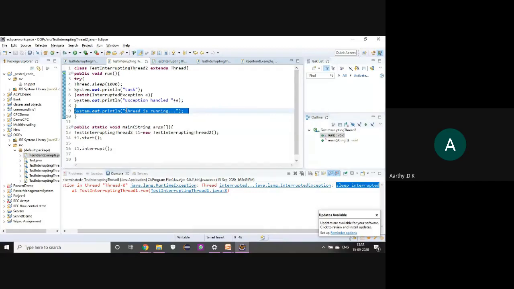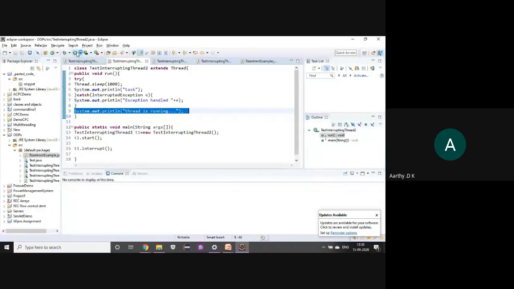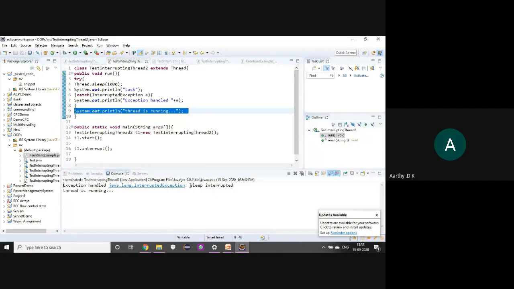So you are stopping the thread from sleep, but you are not stopping the execution of the particular thread. So here you can see the sleep of the thread is interrupted, but you are not stopping the execution of the thread. Instead, whatever the thread is supposed to execute, it's a statement, right? Thread is running. So this statement gets executed.